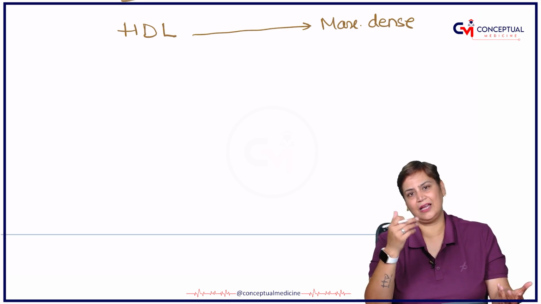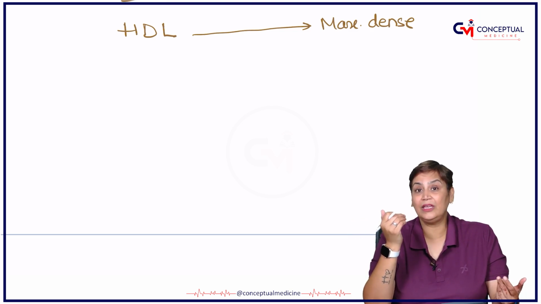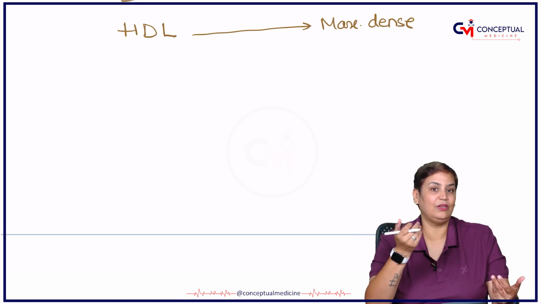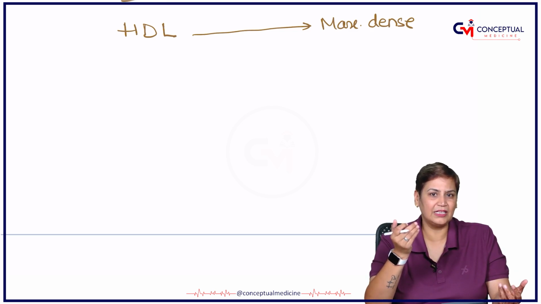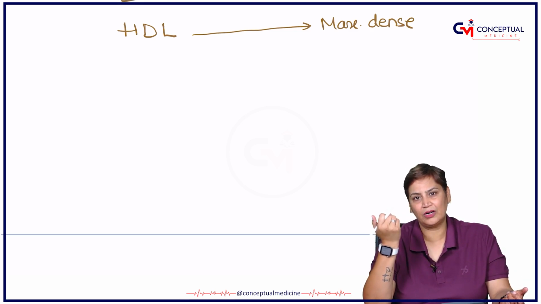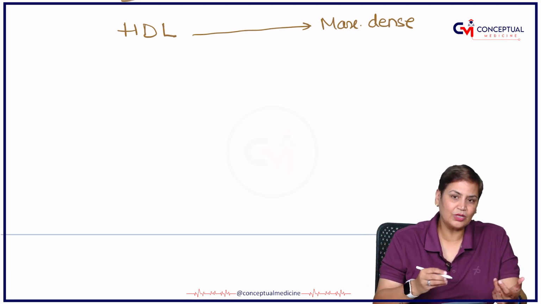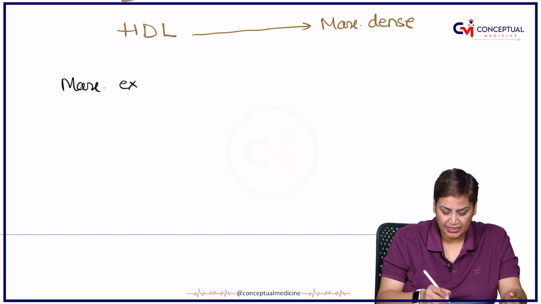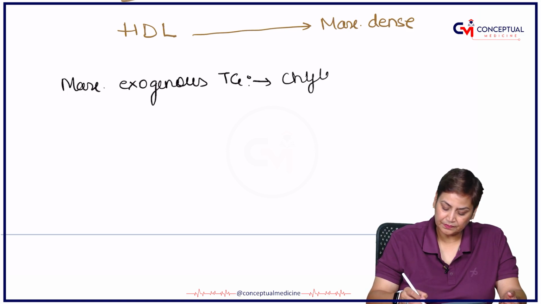And why is it produced? Again, to be transported, right? And clinically also evaluation of TGs is very important. Evaluation of HDL, evaluation of LDL, total cholesterol, these are very, very important things which are clinically also very important. Okay, so you have to just understand this. So if I have to ask you the questions, if I say that maximum exogenous TGs are present in, always remember chylomicrons.